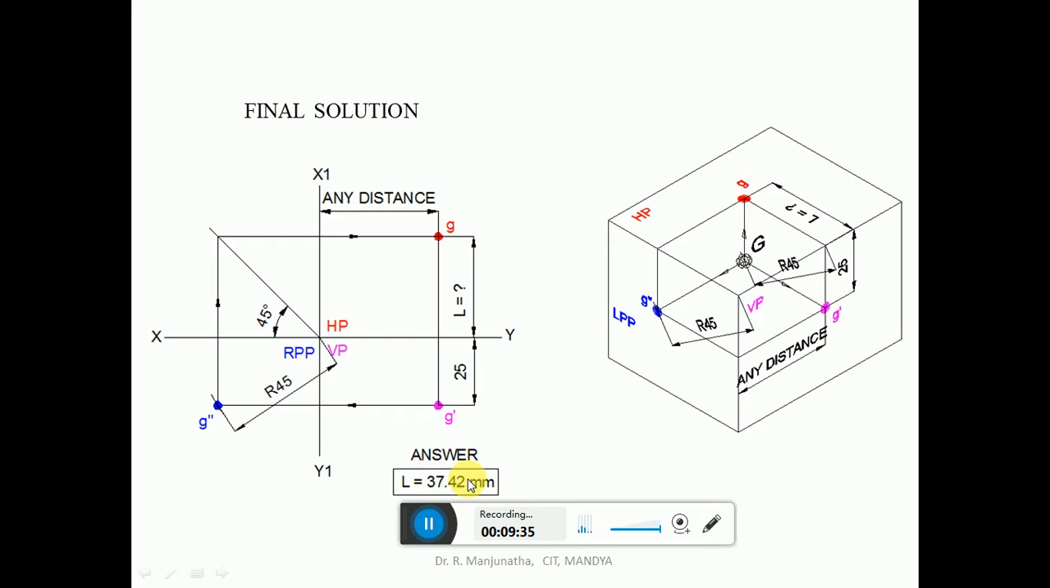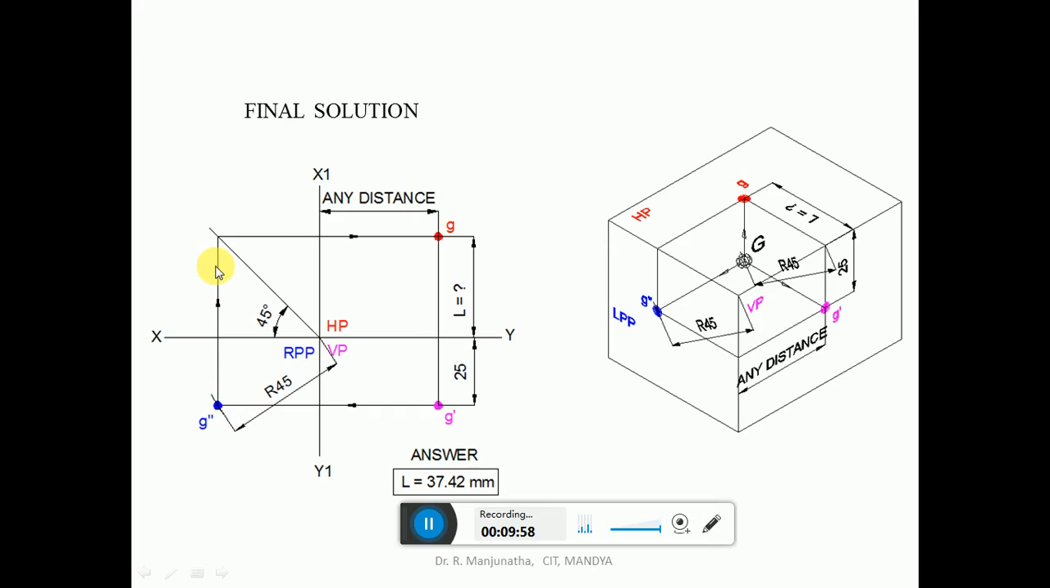If you are doing it on the computer, it will be 37.42 mm. Then show the dimension here of 25 mm, which is below HP, and also the distance with respect to the profile plane. You can take whatever distance you want and show this distance as any distance, and from the origin you take the radius 45 and then draw a 45 degree line, and then these are the